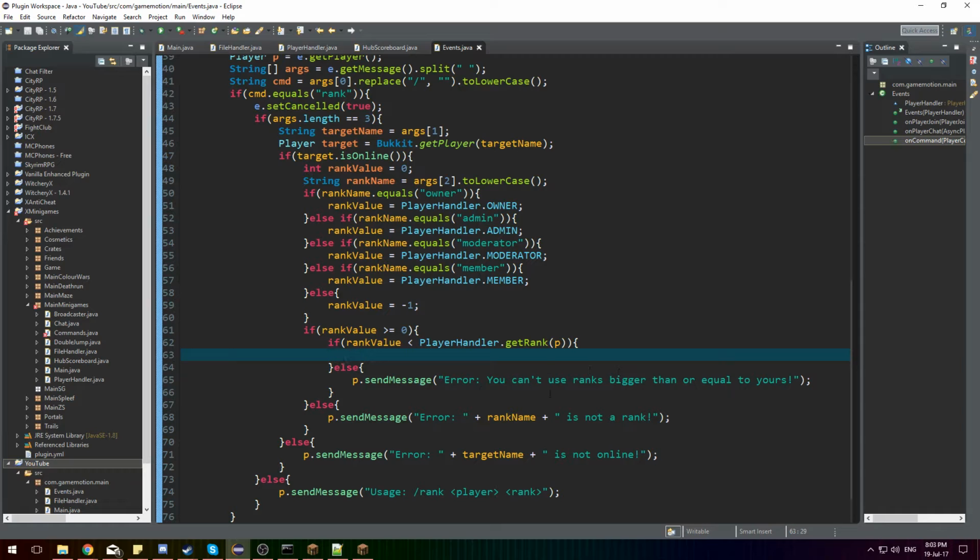You can obviously choose whatever error message you want. You don't have to do any if you don't want to. I just like making it a bit user friendly. So if the rank they want to change is less than theirs, because we don't want moderators setting people to owners. And then we also want to do if